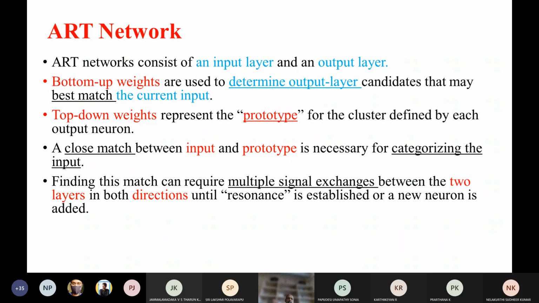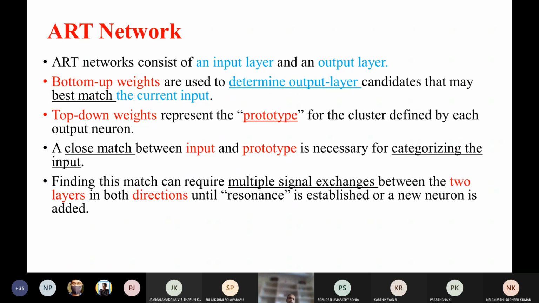So in such cases, if there exists a best match, then the bottom-up weights will be used from the input to the output layer. Top-down weights are used to represent a prototype for the cluster defined by each output neuron. Top-down weights go from the output layer to the input layer. So it is trying to represent a prototype. Either it may be in the predefined clusters, or it may form a new prototype and a new cluster